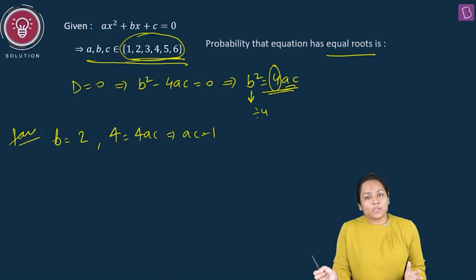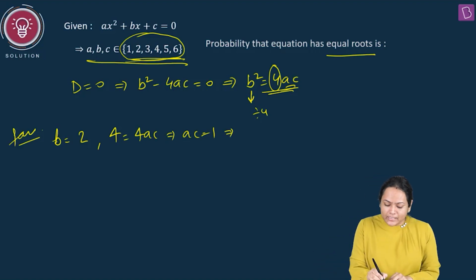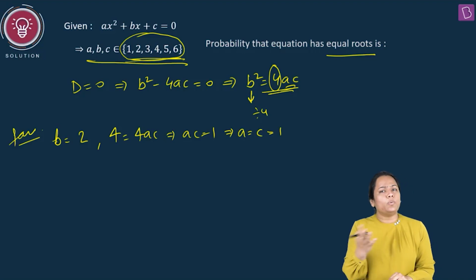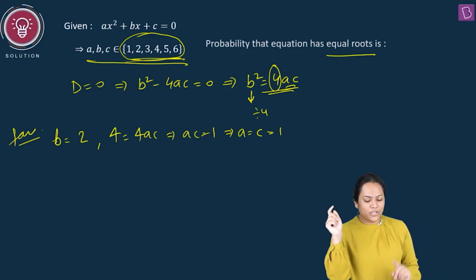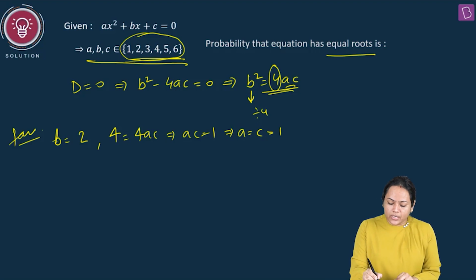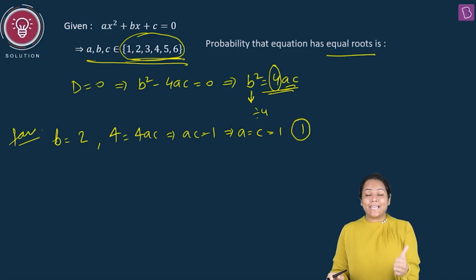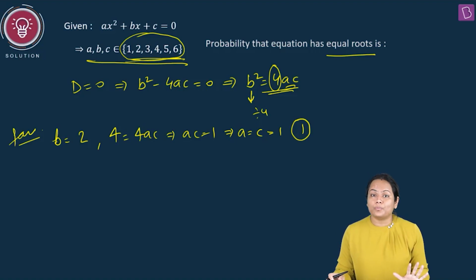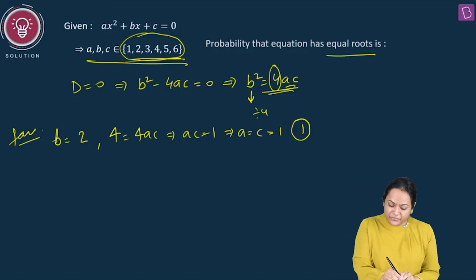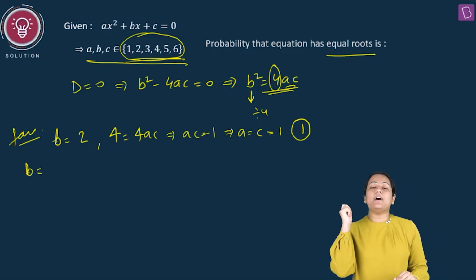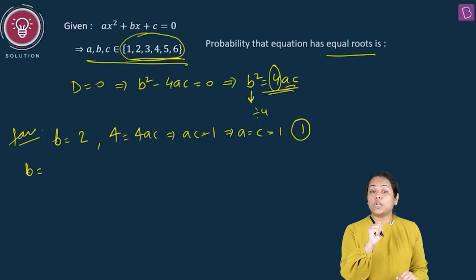Well, if the product is 1, that means I can clearly say that A and C both values should be equal to 1, right? So this is one case. So here there will be only one possibility. A and C both should be equal to 1 and B is equal to 2. Clear? Okay, moving further, when I take another value of B,